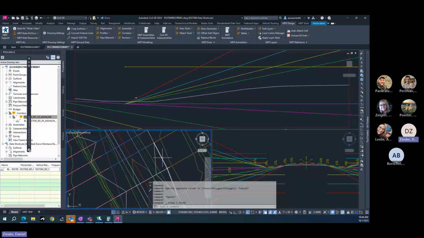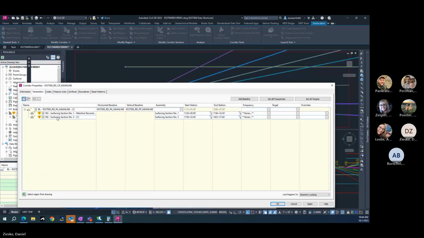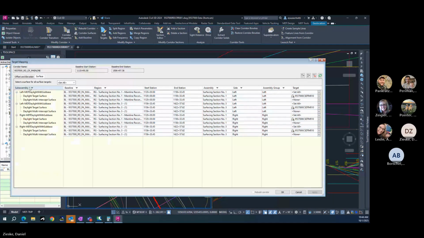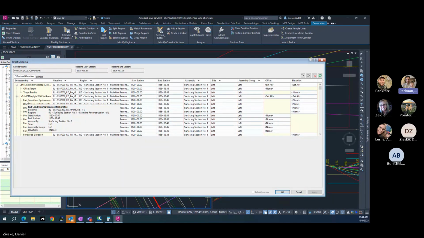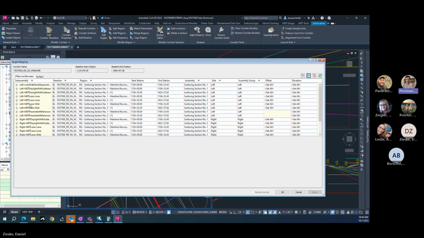This is on X working force catch. Perfect. So now if you go into your corridor properties, and then go set all targets, and then offset elevation. Just to make sure, maybe hit cancel because I don't know which region you went into. Oh, did you do set all? I did do all of them. Okay. I kind of looked like you might have just done one region. So then if you click on the subassembly drop down at the very top,